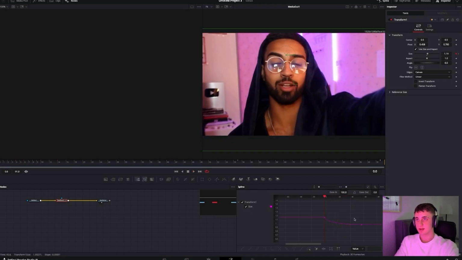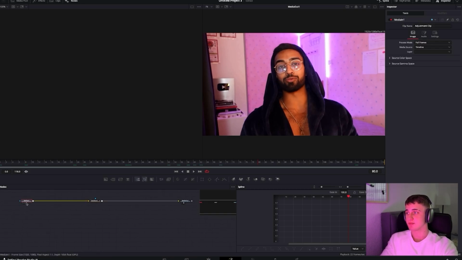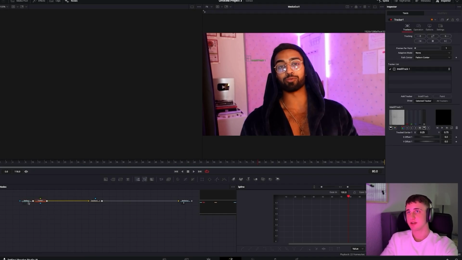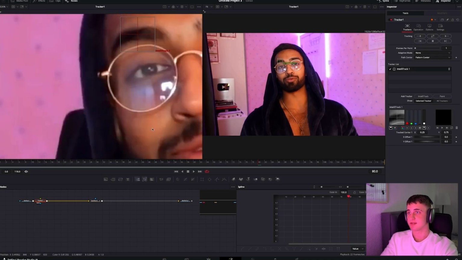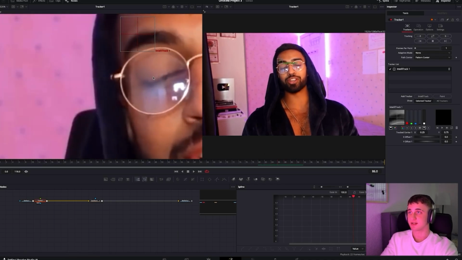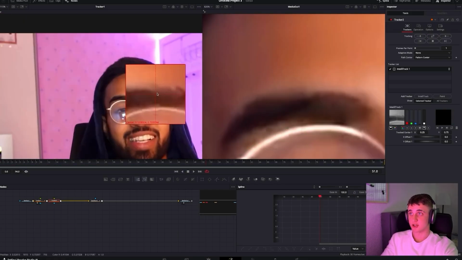Here's like a strong ease out. Now what I want to do is add some cash on his eyes. So what we're going to do is get the tracker node and go into his eyebrows, because his eyes, he's blinking. If I start tracking the pupil, it will disappear. Look at this, I can't track the eye, but the eyebrow is pretty close, so it should be all good. So let's track his other eyebrow.